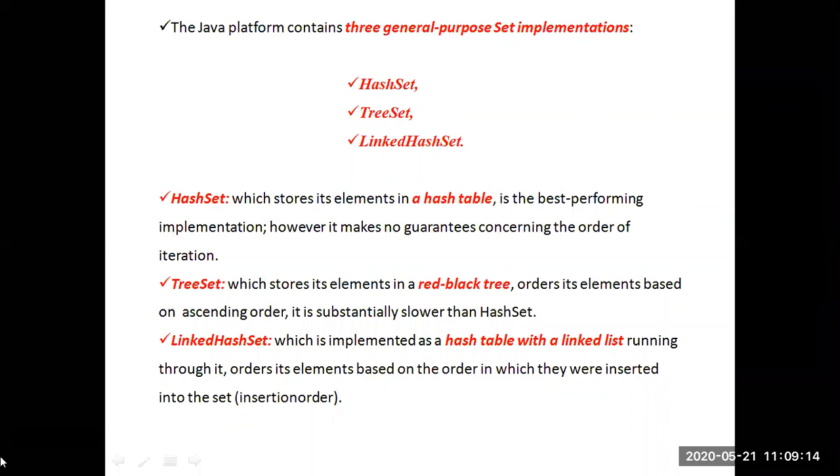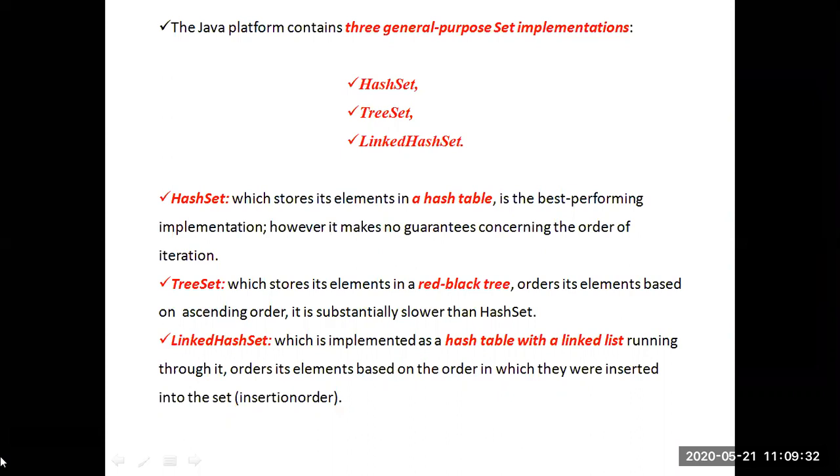Directly we can't use the Set interface since it is an interface, so we need classes which implement it. To create sets, finally, in Java three different classes are available which implement the Set interface: HashSet, TreeSet, and LinkedHashSet.